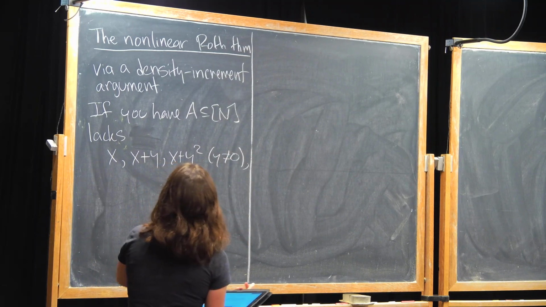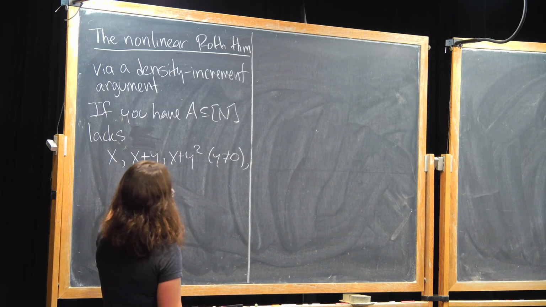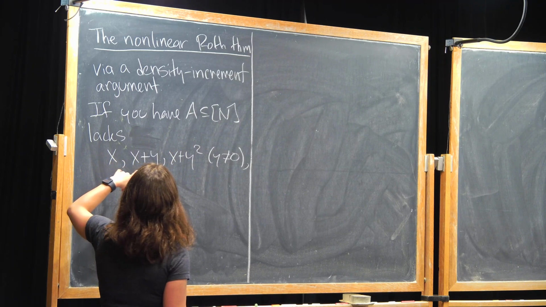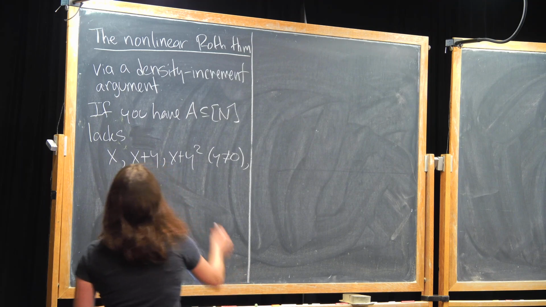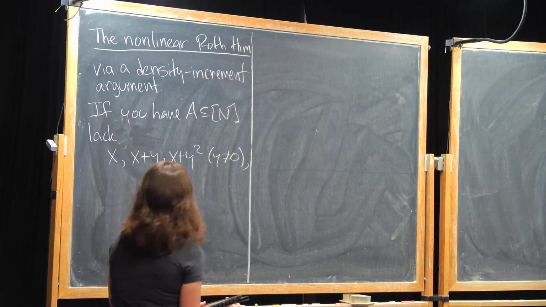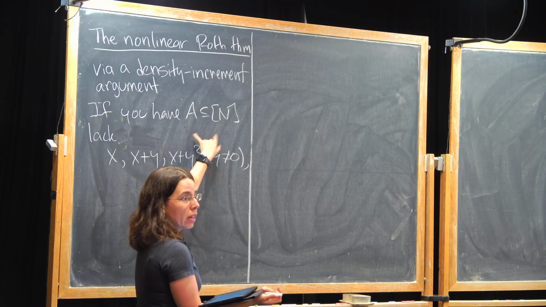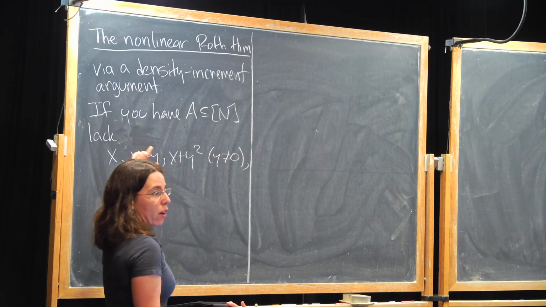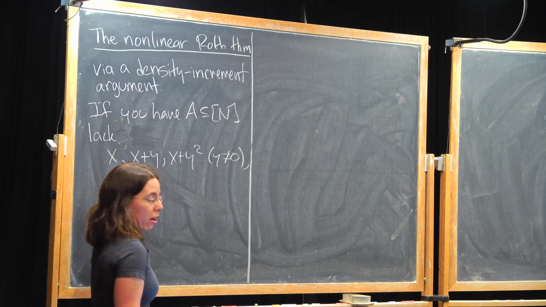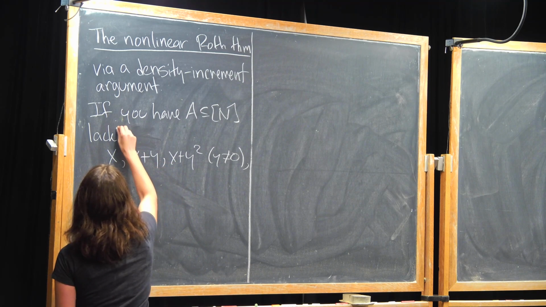Okay, so then in these arguments, you're able to find a long arithmetic progression on which your set has increased density. And then what you do is you look at some rescaled version of the intersection of your set with the long arithmetic progression to get a subset of a shorter interval with larger density that still lacks the configuration you care about. But what happens with the nonlinear Roth configuration